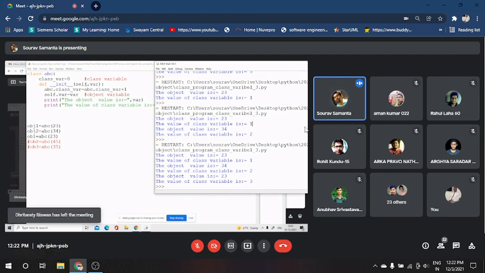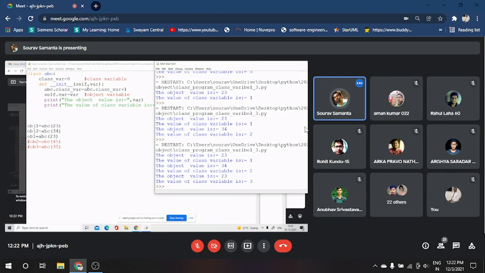In case of an object variable, each object has its own copy of that variable. That's why if we change the value of one object variable, it will not affect the value of the object variable in another object. Okay, that is the idea.